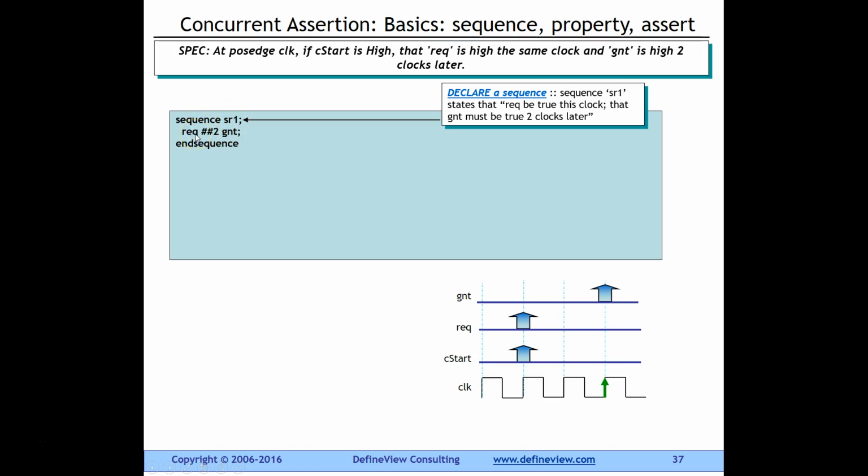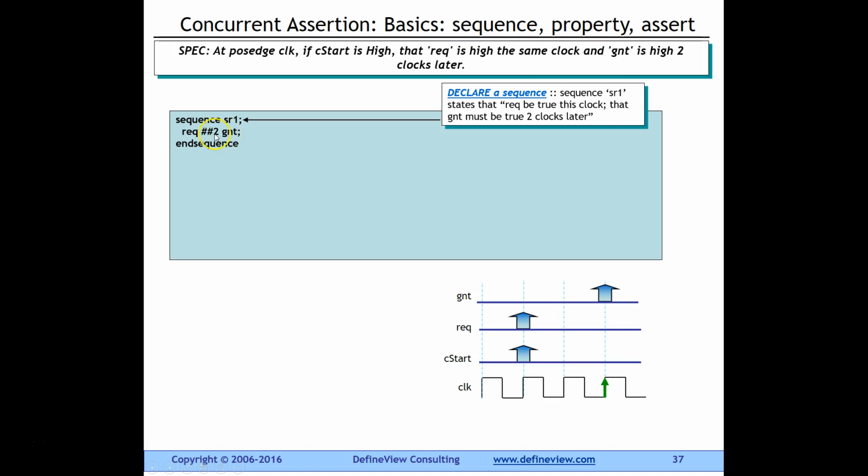This sequence says that request being true at the sampling edge or clock edge, I will intermittently use them, but they mean the same thing, only that a sampling edge can be a synchronous clock edge, which is what normally people use, or for example, it can be a gated clock, which is asynchronous, but the point is it has to be an edge. So at this pos edge of clock, request being true,